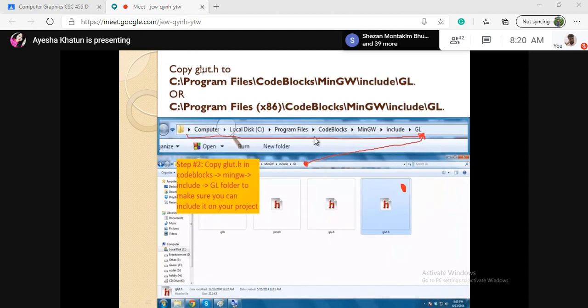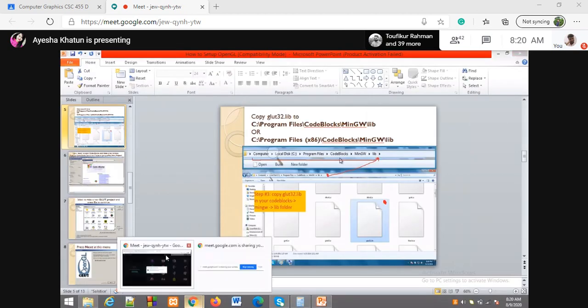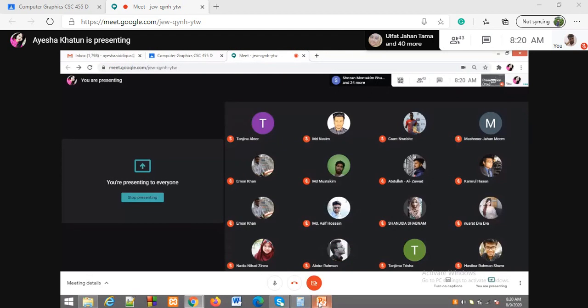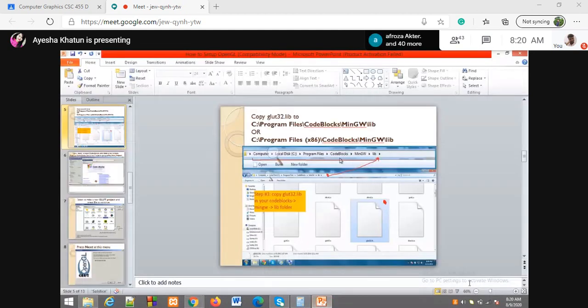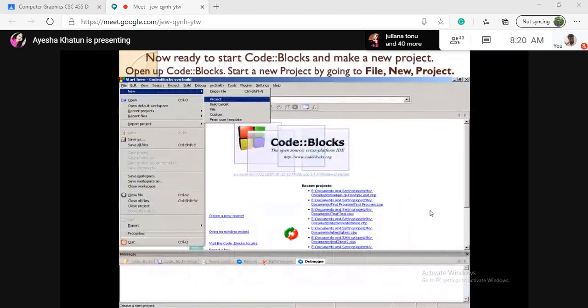After copying the header file, you have to copy the library file. The library file you have to copy is in MinGW, and then within the lib folder you have to copy the library file.